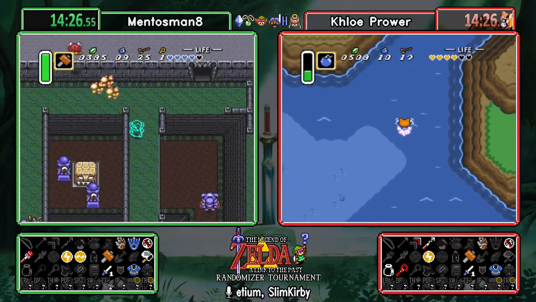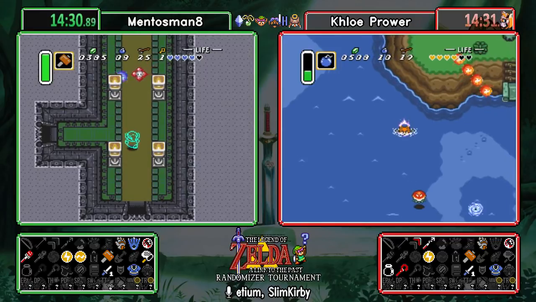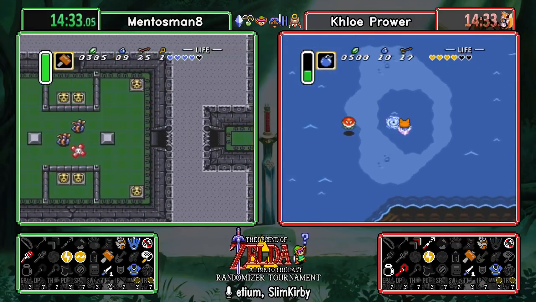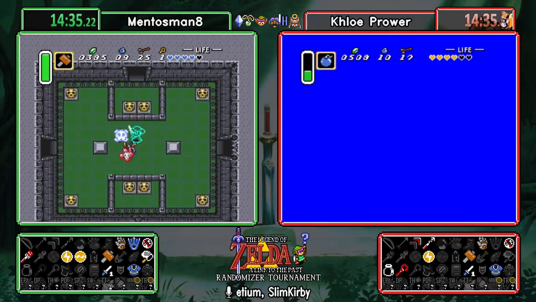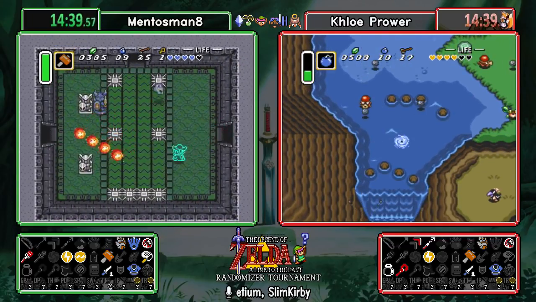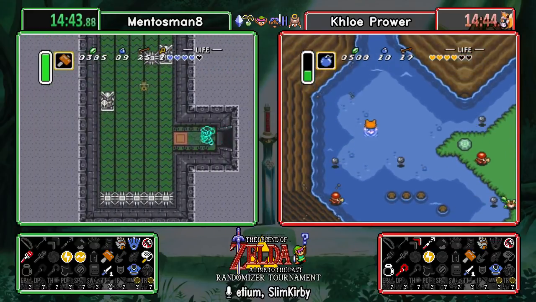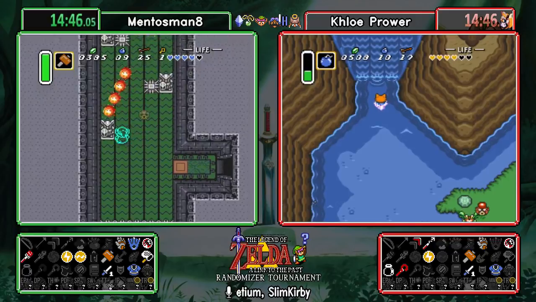Khloe Prower doing a fake flipper because he has not been to Village of Outcasts yet. And this is pretty dangerous in Randomizer because you don't know what enemies you're going to be facing, and if you get hit, you just die. Does make it past the Octorok, though, so...